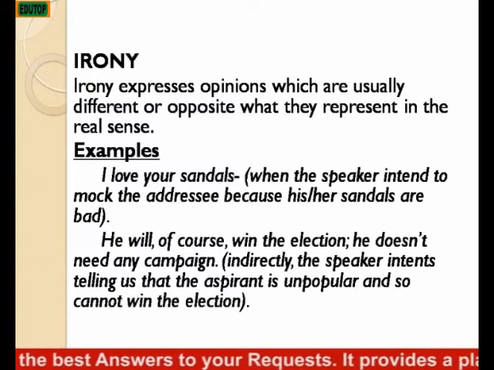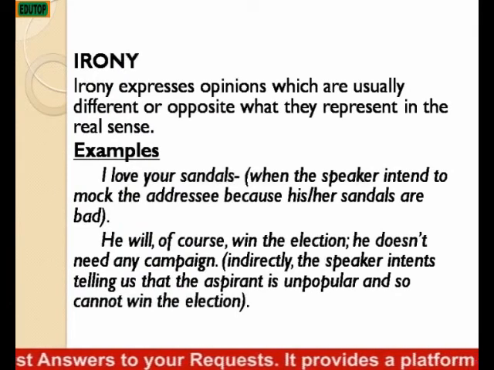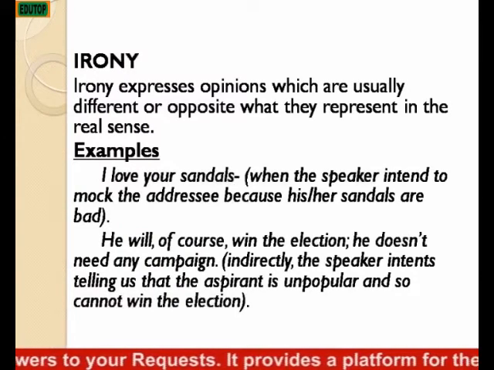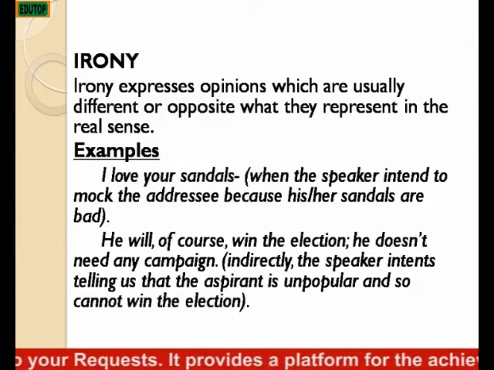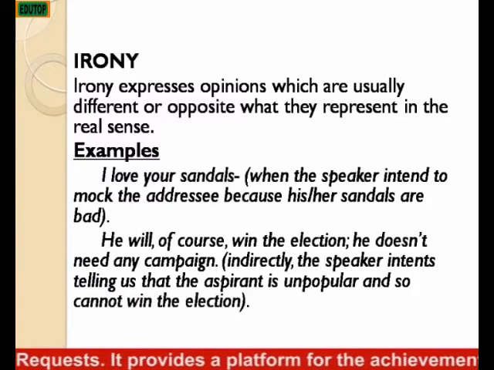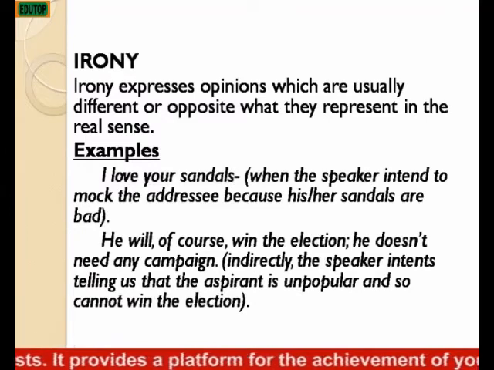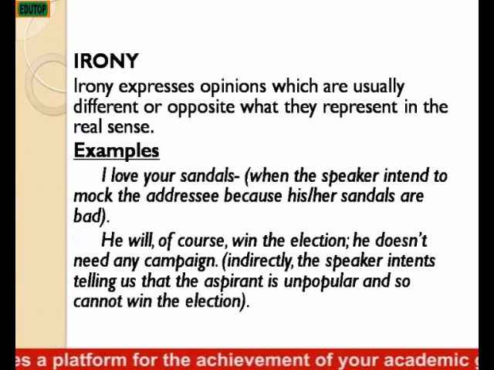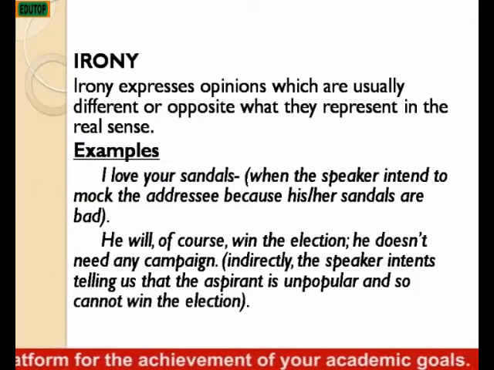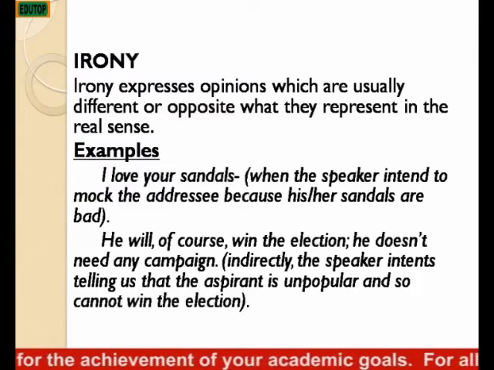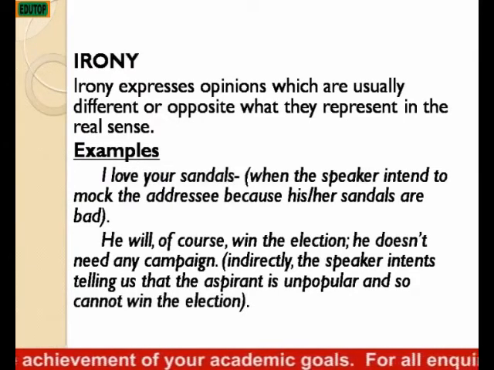Irony expresses opinions that are usually different from or opposite to what they represent in the real sense. So when we talk about irony, it is when we are referring to something in the opposite sense. You are trying to talk about something negative, but you are putting it in a positive manner. Examples like,